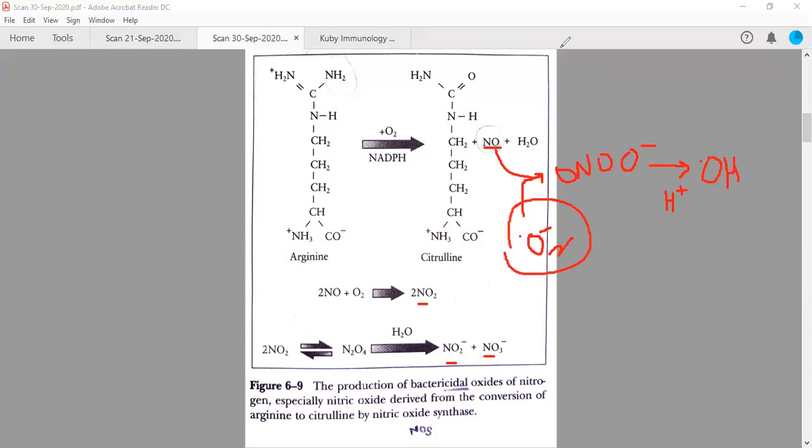So what will happen when these phagocytes, these macrophages, are killed by asbestos, they will release these nitrogen and oxygen species into the tissues, and it will harm the tissues. And such a condition is known as asbestosis, in which the tissue destruction will take place. So this disease is known as asbestosis, in which the patient will take up either asbestos particles or